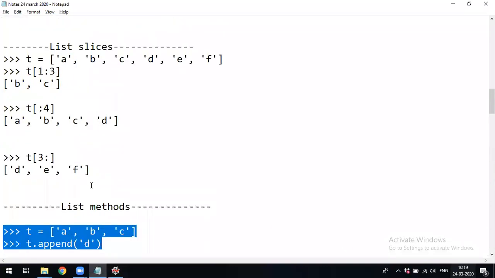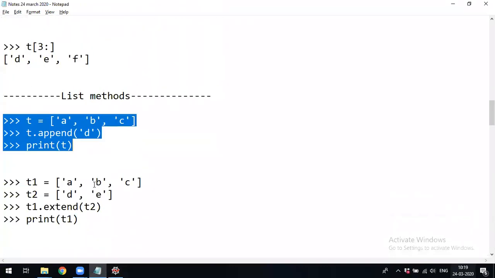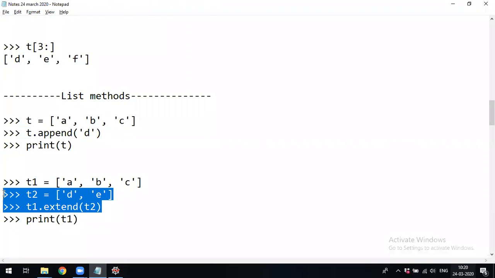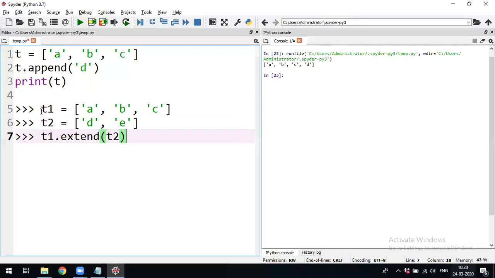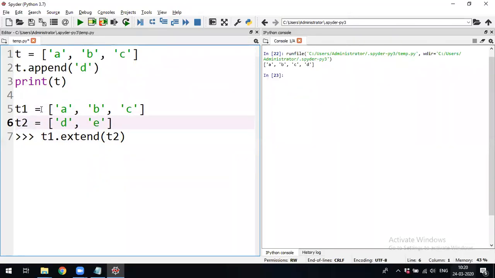Now, instead of one element, if I have multiple elements, we'll use the function called extend. It is going to extend your original list with the elements that you pass as an argument to the extend function.